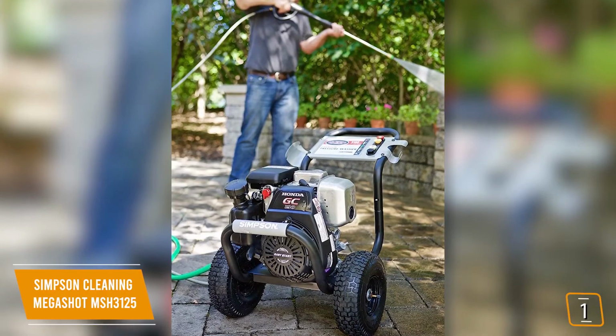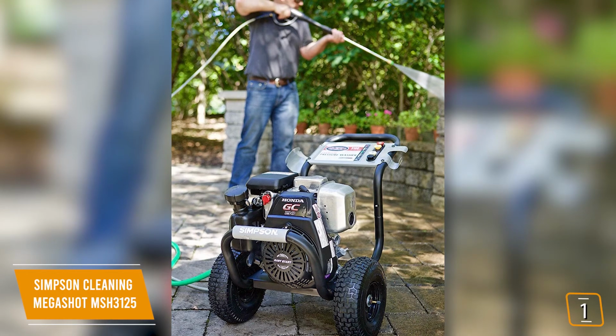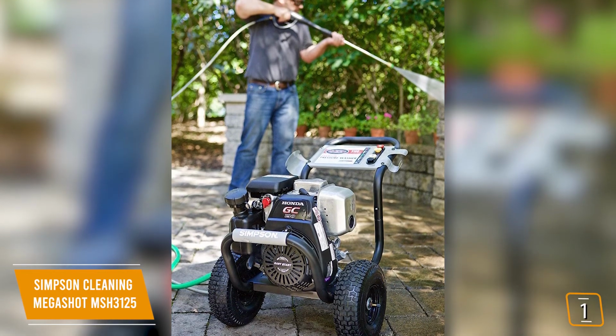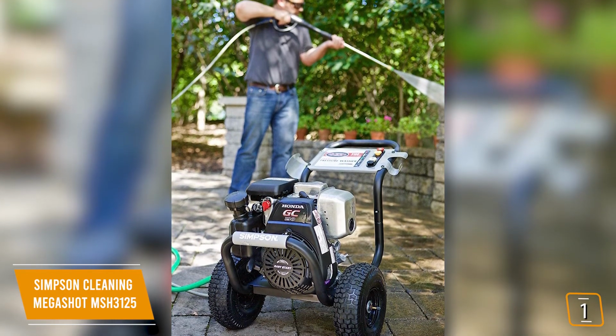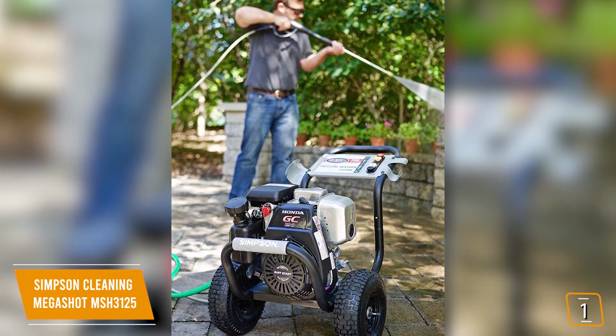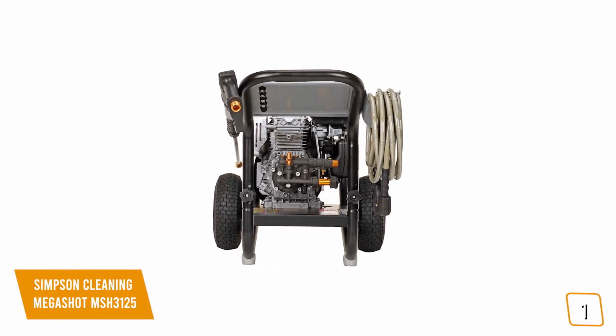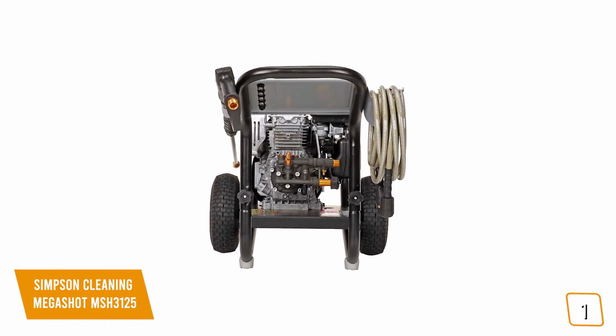Currently priced at $500, this sturdy gas-powered pressure washer is perfect for your home or your shop. It lets you take care of any residential cleaning job, from light driveway cleaning to heavy-duty projects like paint prepping for fences and decks. Inside the Simpson Cleaning MegaShot is a powerful Honda GC190 engine that you'll find delivers a